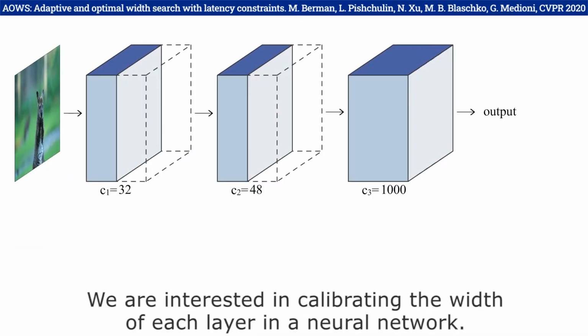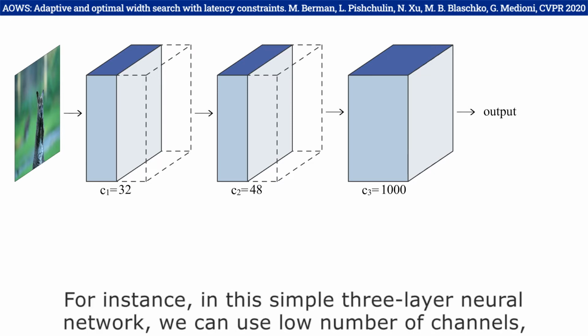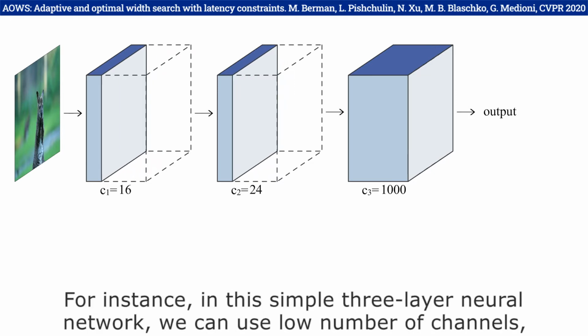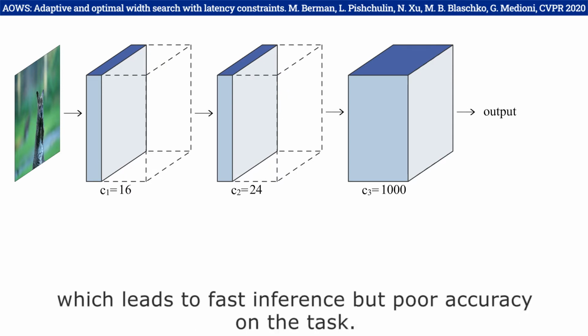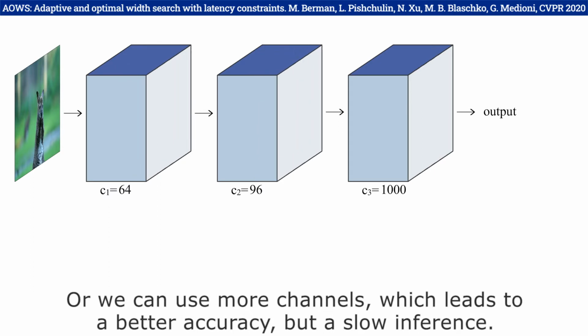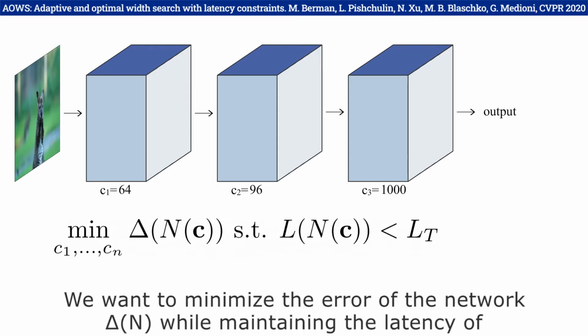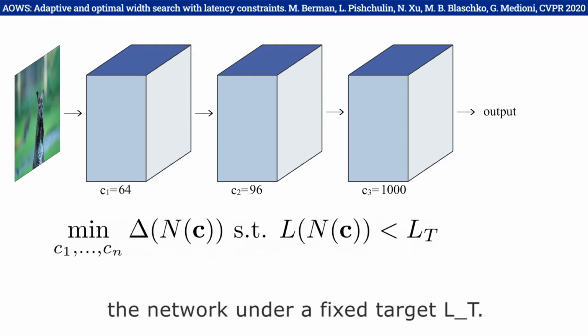We are interested in calibrating the width of each layer in a neural network. For instance, in this simple 3-layer neural network, we can use a low number of channels, which leads to fast inference but poor accuracy on the task. Or we can use more channels, which leads to better accuracy but a slow inference. We want to minimize the error of the network delta of n while maintaining the latency of the network under